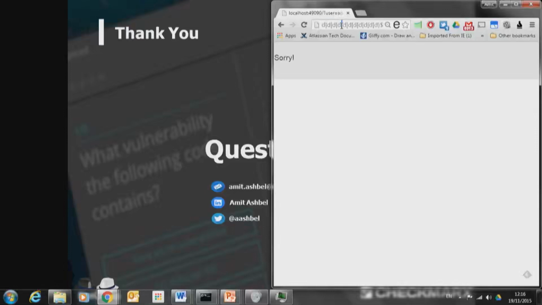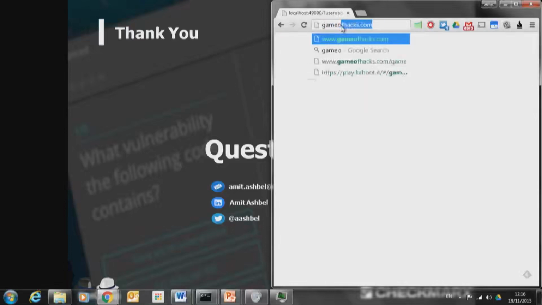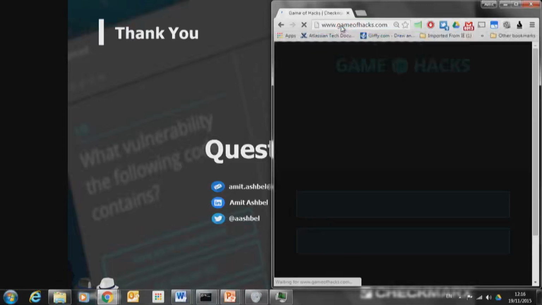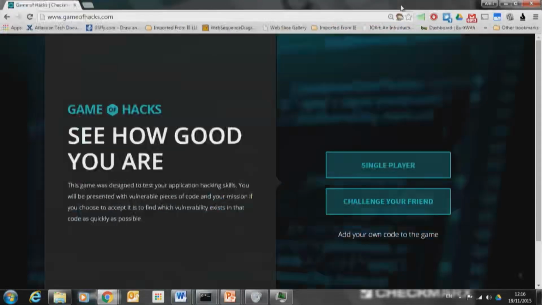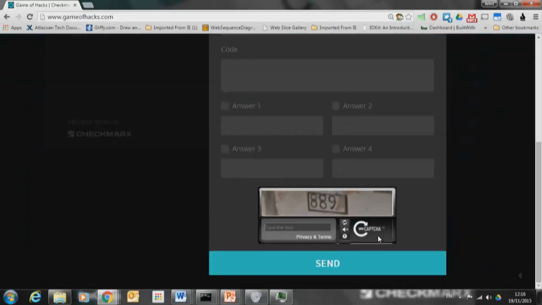I think there's an option to send. Or maybe you could add a feature, on top of choosing the vulnerability, add a comment about the code.